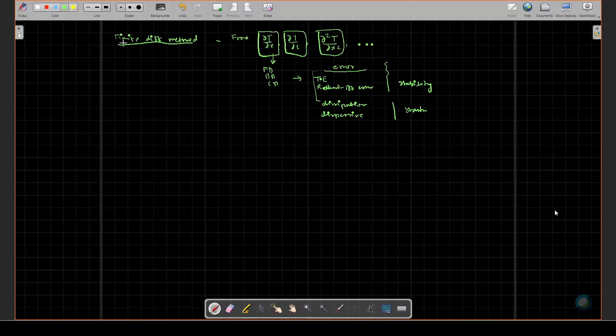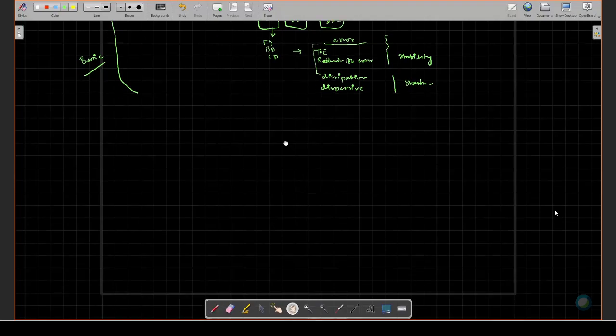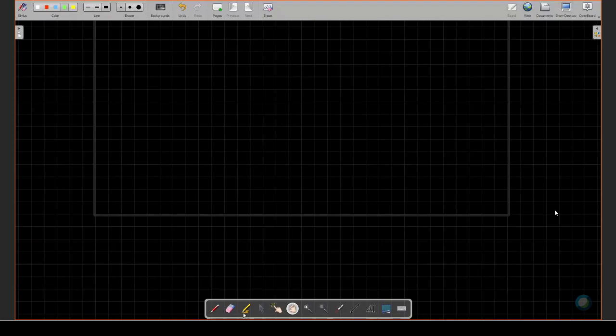So all this is the basics of discretization. Meanwhile, we have seen one application of this finite difference method to the 1D heat equation, the 1D transient heat equation. Now we'll extend that philosophy here, and we'll start today the numerical solution of the 2D heat conduction equation.